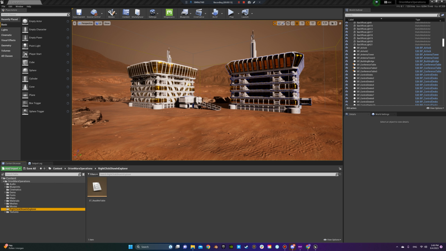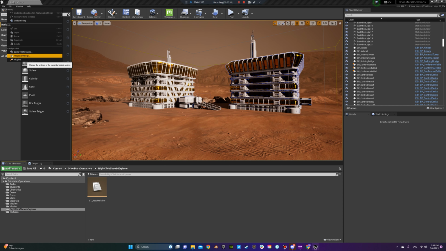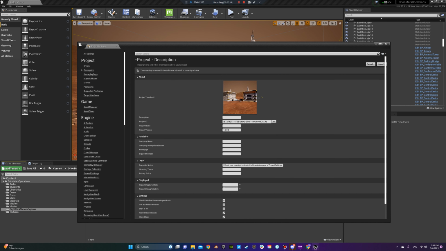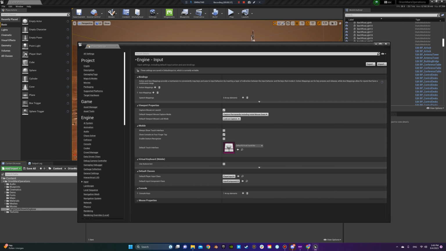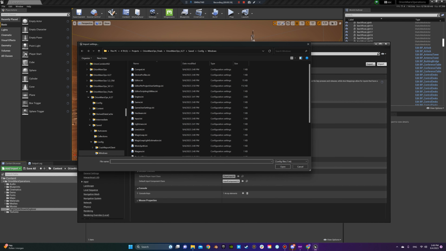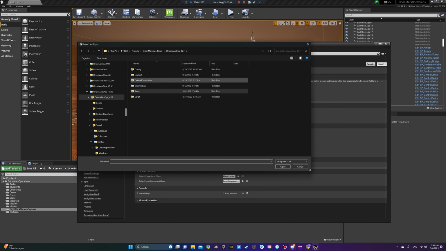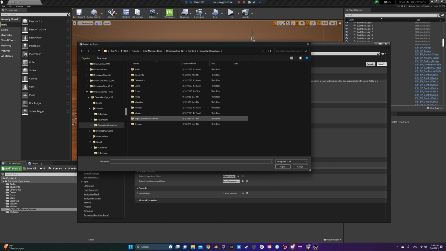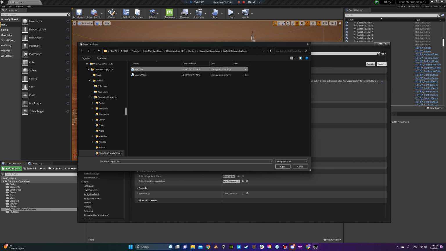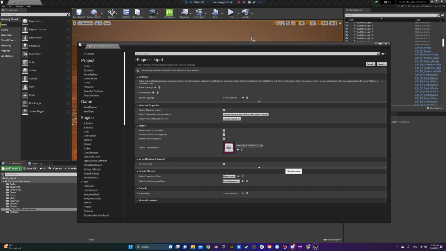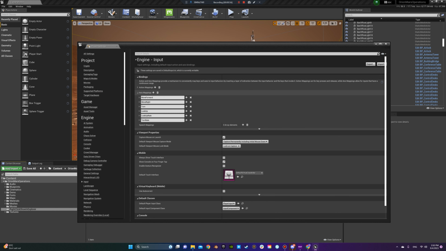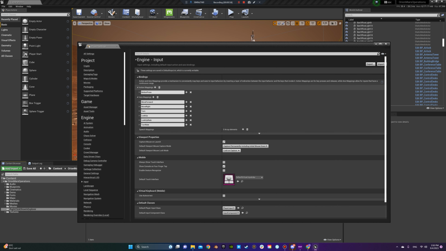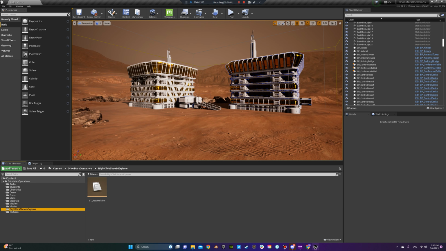The first thing that you're going to want to do is to go up to Project Settings and then hit Inputs, and then you're going to want to import, and then you're going to want to find that folder. So Content, Orion Mars Operations. Right click, show in Explorer, and then you click on the inputs right here and you open that file, and then it should have your axis mapping, and that should allow the character, when you play